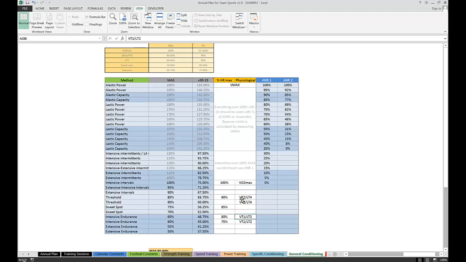This might be threshold number 1, threshold number 2, VO2 max, and this is an aerobic reserve based on 100% of MAS, and this is an aerobic reserve based on